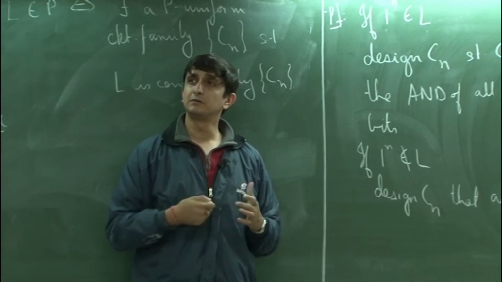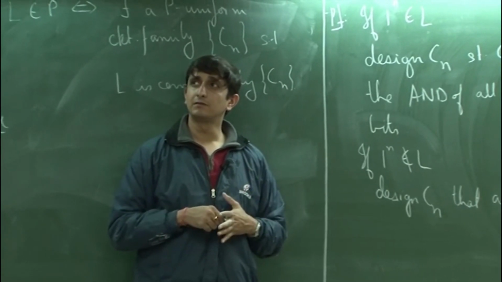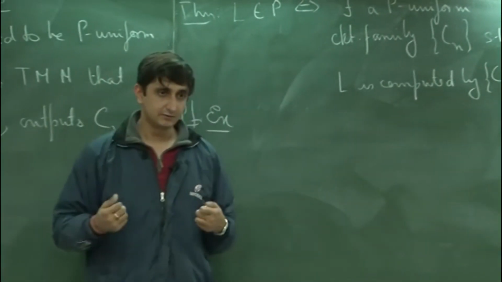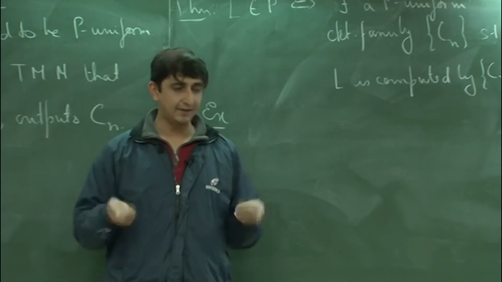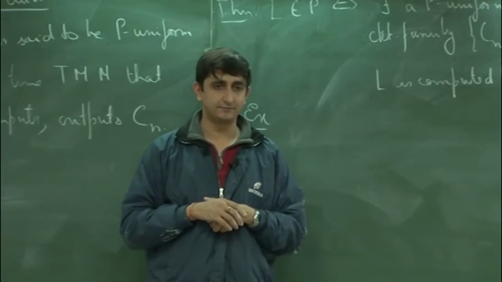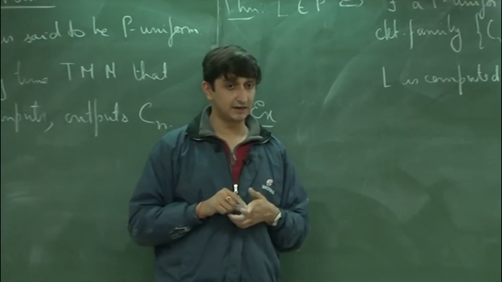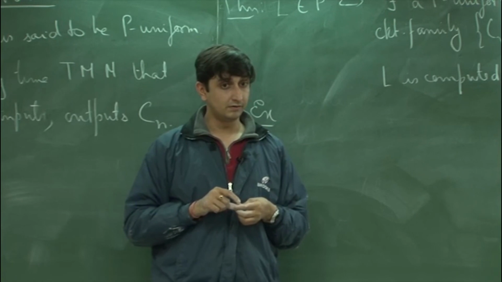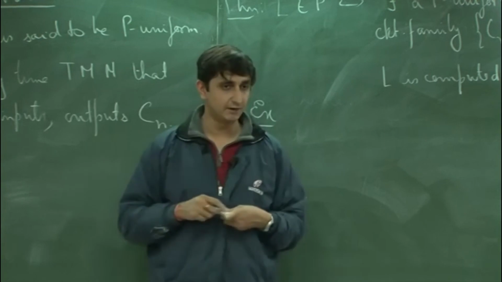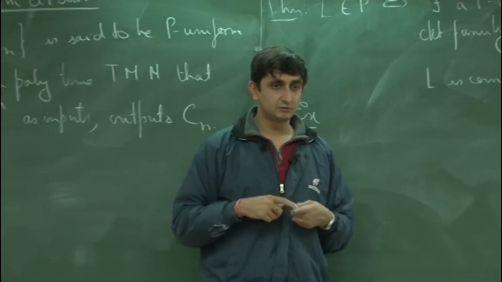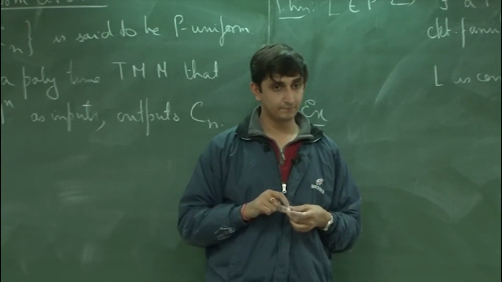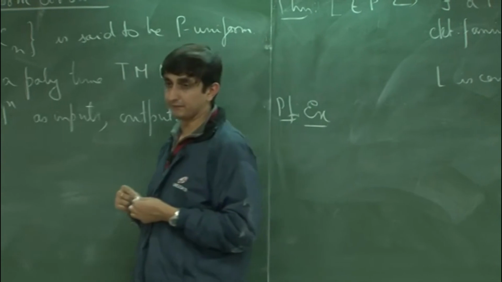So, let us look at a representation. How do you represent a circuit? Suppose you have a circuit on n variables, so let us say it is a circuit of size n. One way of representing circuits is basically by graphs, right? That is the most natural way of representing a circuit. So the question therefore is, how many graphs are there on n vertices? How many directed acyclic graphs are there?